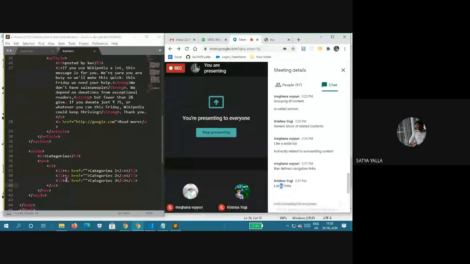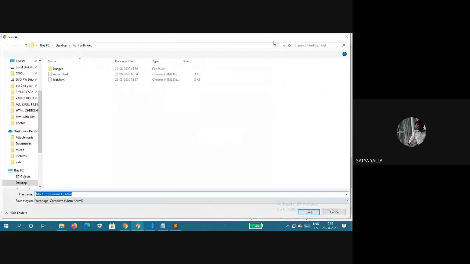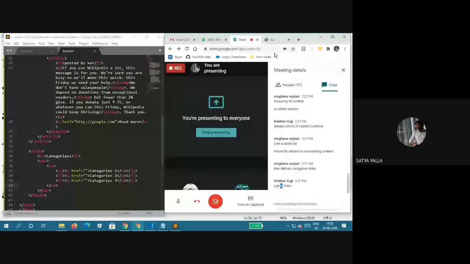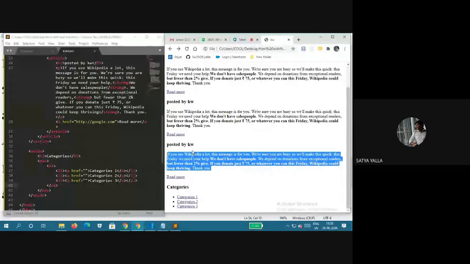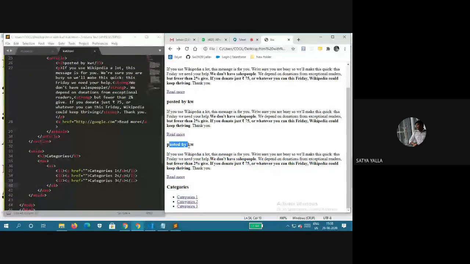Whenever we are using navigation, we have to give the navigation links. This is called the navigation links. This is called the article. This paragraph is nothing but an article, and it is posted by whatever it may be.